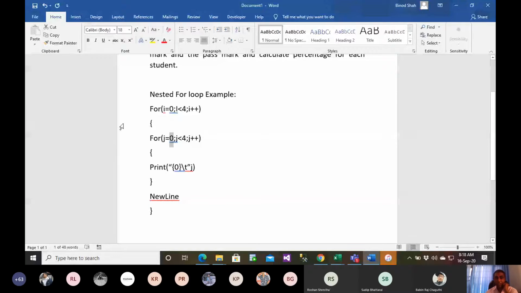Again, this will go up. Now this will go for 3. 3 is correct. So again, this will be 0, 1, 2, 3. Again, this will go up, and this will find the value of i to be 4. So 4 is not less than 4. Then this will come out of the loop. So this is how it works, everyone.